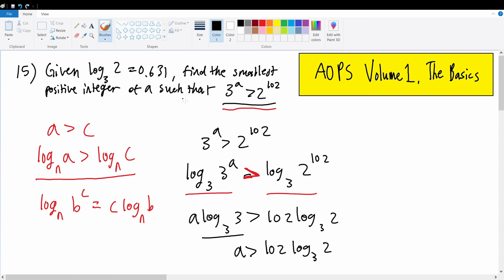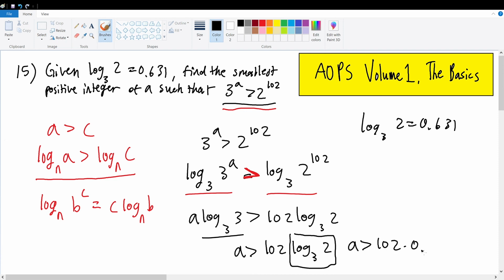And we see here that we're given that log base 3 of 2 is equal to 0.631. Therefore, we can apply it to this term that's present within the inequality to solve for a. a must be greater than 102 times 0.631. And if you do the arithmetic and multiply it out, I already did this beforehand, a must be greater than